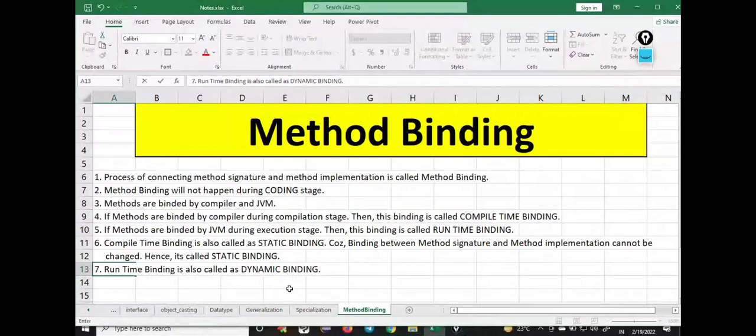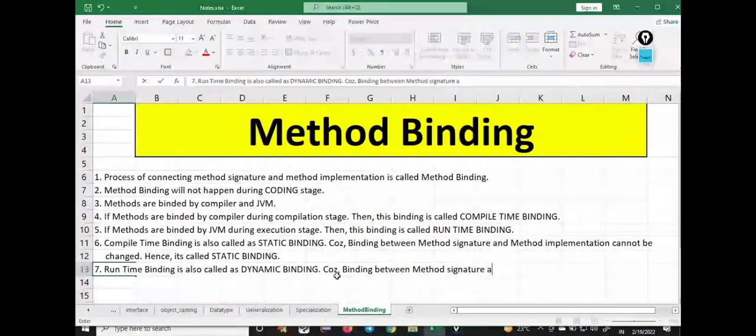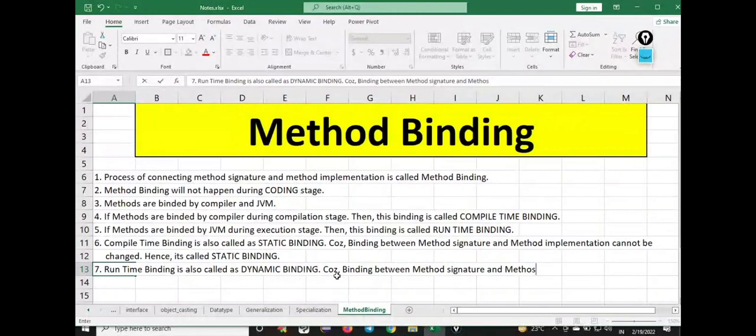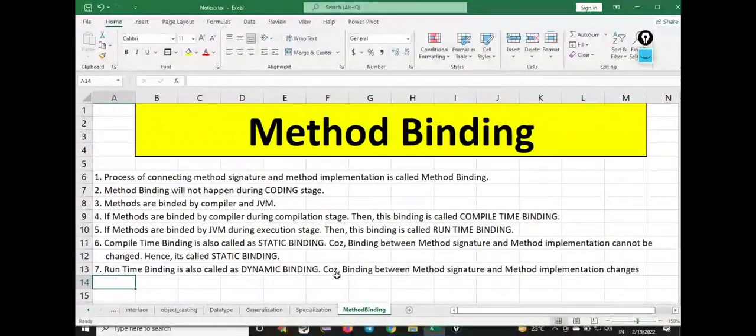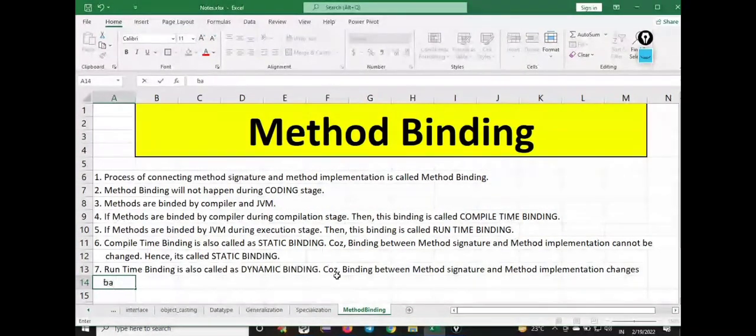Because the binding between the method signature and the method implementation changes based on